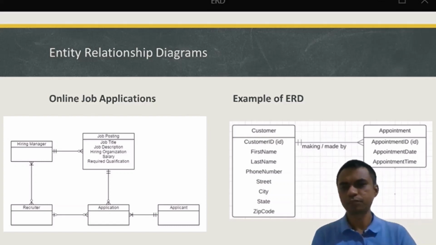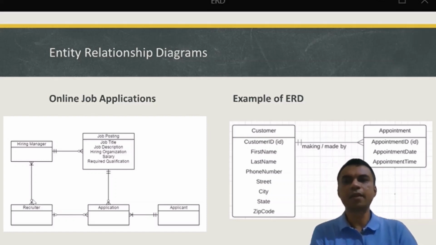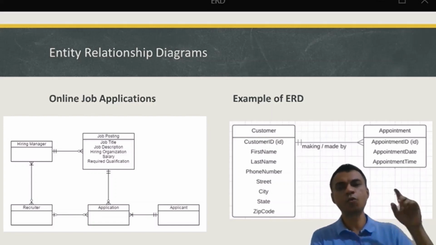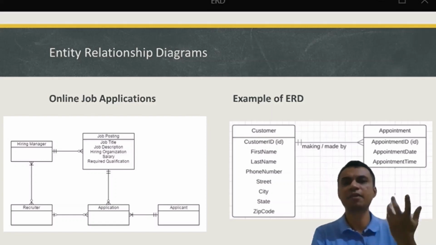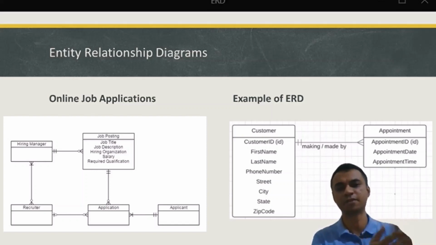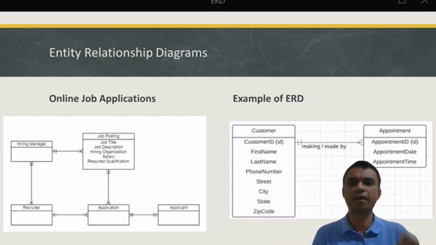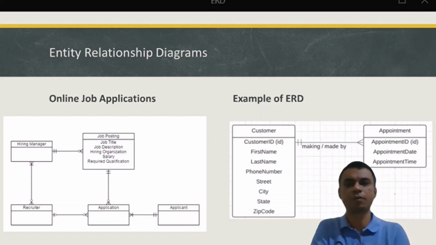For example, if I make it compulsory for every hiring manager, that is right here, to have a recruiter, then it will not allow the hiring manager to create any job posting unless they choose a recruiter. And then that hiring manager will have unnecessary headache. And typically we know what people do when they are forced to enter something. They will enter some random name like Amitabh Bachchan or something and say that this is my recruiter, which is unnecessary headache for the hiring manager and wrong data in your system. So such things happen if you are not careful at this stage.